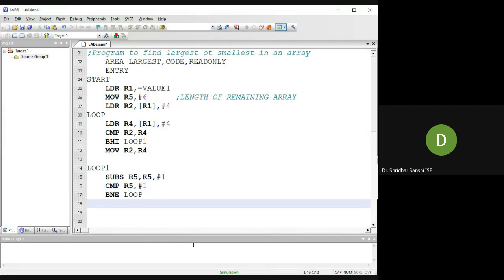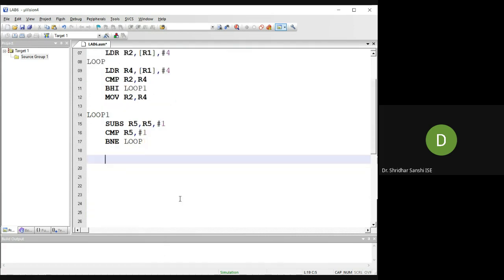Once the content of R5 becomes 1, I should stop the execution and load that into the result variable. So I have to take the address of where exactly that result is. Suppose I take R6. I will take the address of the result variable into the register R6.